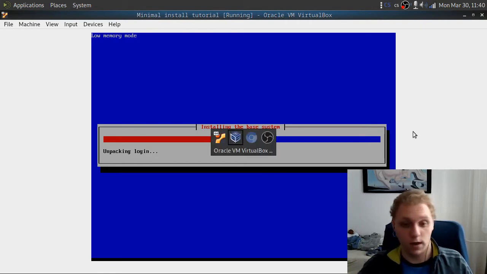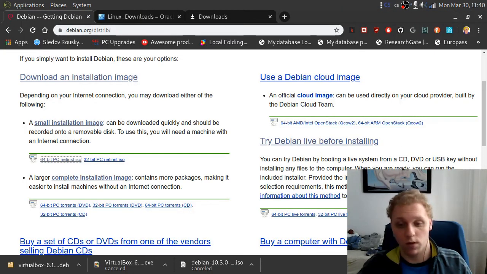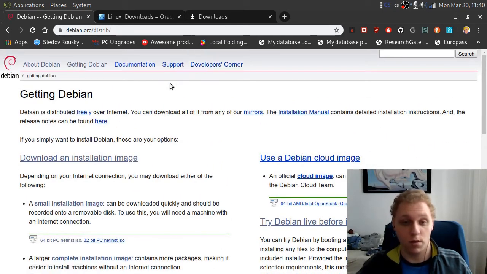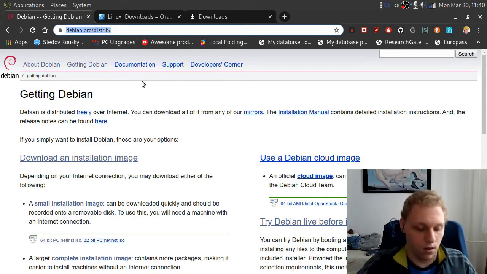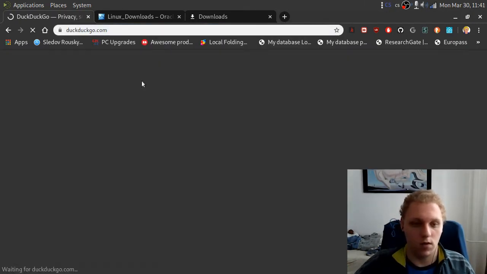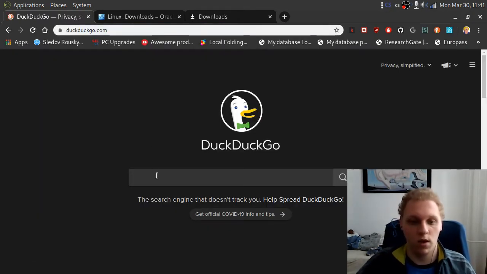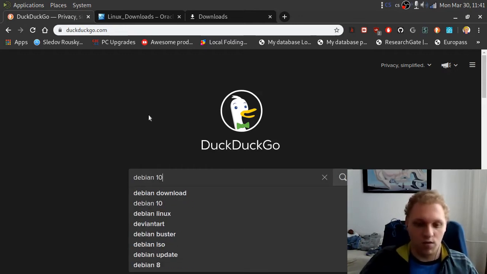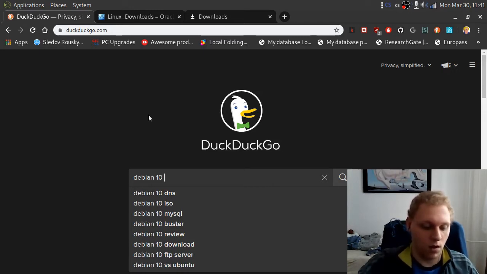Another thing is, if you are going to use Debian, I would recommend that you look up guides on how to install applications. The way you would look those up, since it's still installing, I can show you. Let me go to DuckDuckGo. I do not want to use Google because it's bloated. So what you want to do is type in Debian 10, because you're installing Debian 10. And now let's say we want to